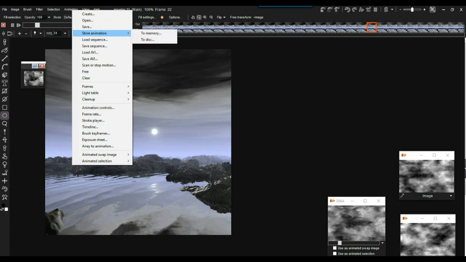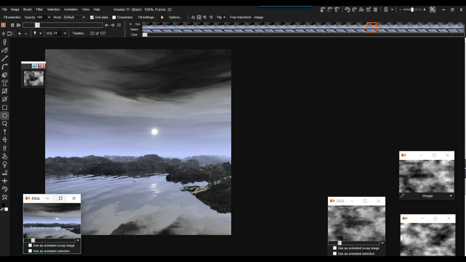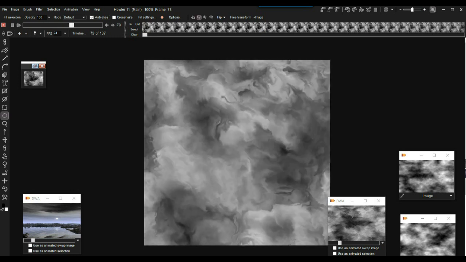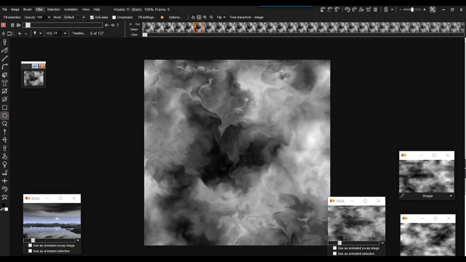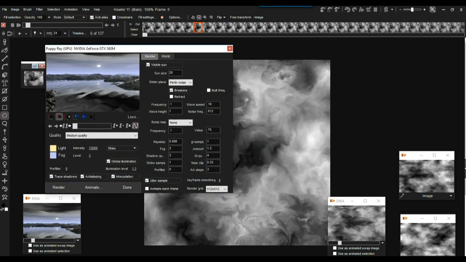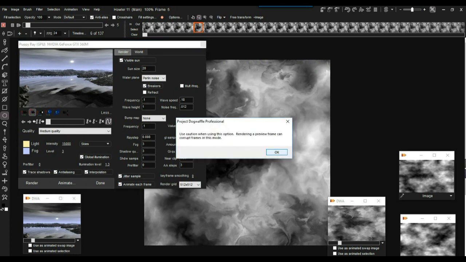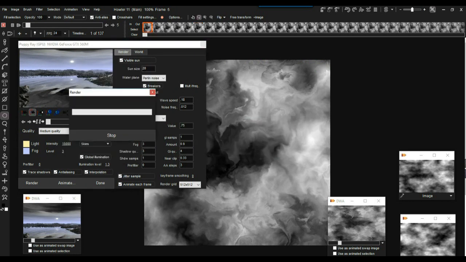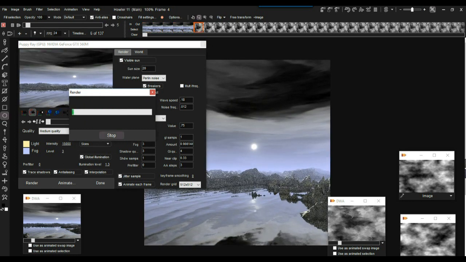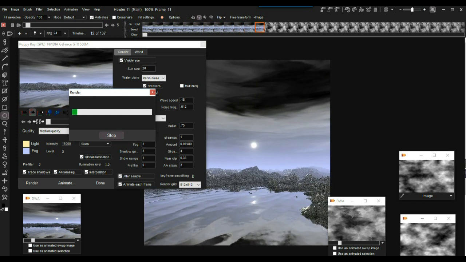Let's go store this one. And then I'm going to restore the original. I think it was this one. And there it is. And so now I'm going to go back into the PuppyRay. It still remembers the same parameters I just had. The only thing I need to do now is to animate each frame. And there you go. So now the terrain itself is also moving because it's pulling animated frames from the image